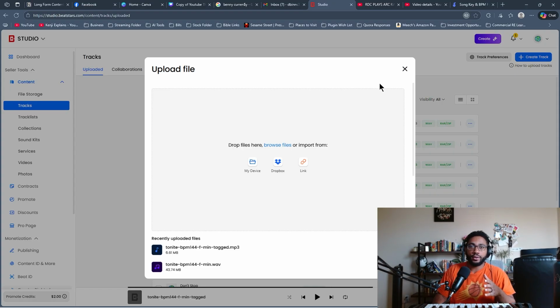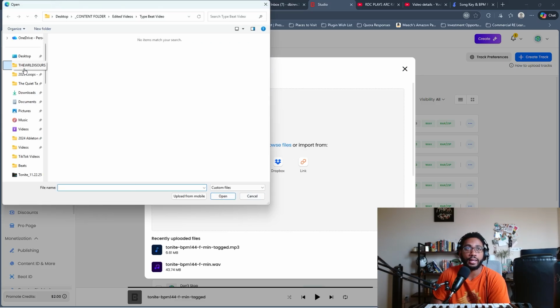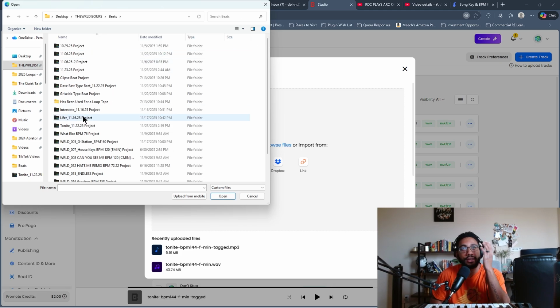So when you're in BeatStars, what you want to do is go into your BeatStars studio. Once you're there, you go under content to the left hand side, and then you'll go to tracks. And on the right hand side, you'll see where it says create track. You just click that, and this is where you're going to upload everything. So I like to do it kind of one at a time, that way everything just